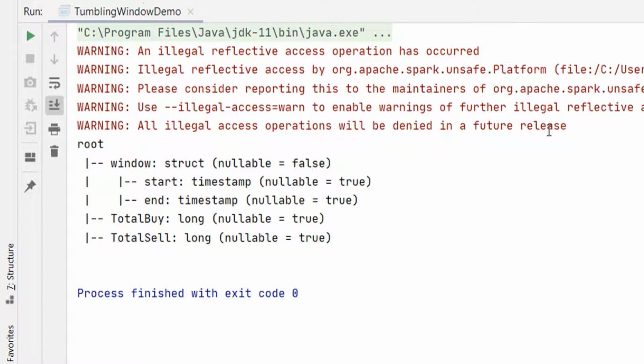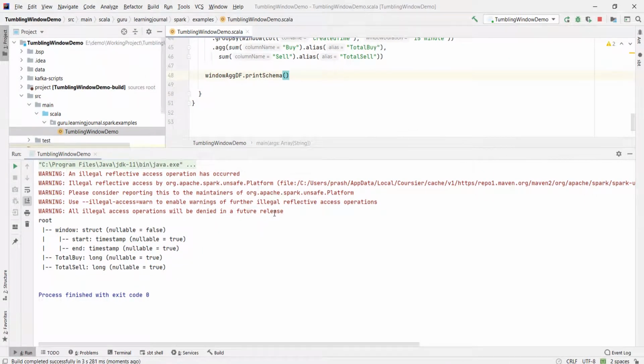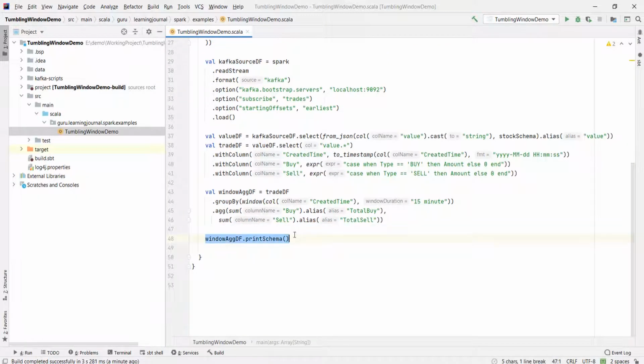We have the start time, end time, buy and sell. The net value is nothing but the difference between the buy and sell. We are almost there, but not exactly. In fact, we are only halfway done. I'll explain it, but let's try to run it with some sample inputs. But before that, let me create a well-formatted output data frame.